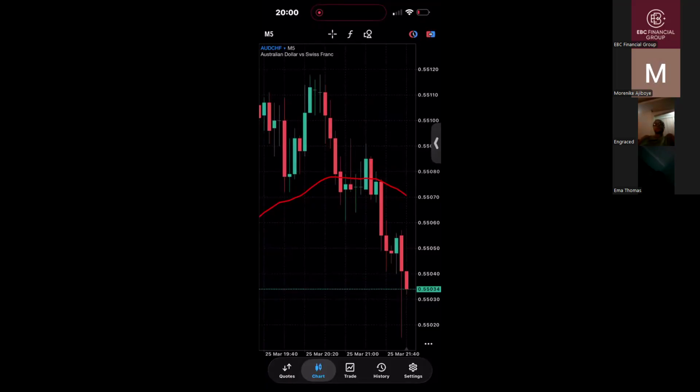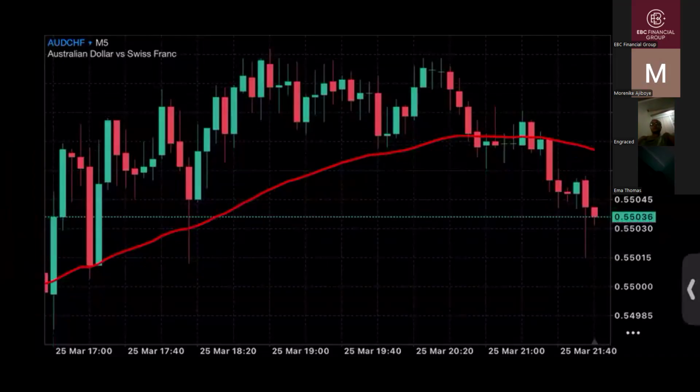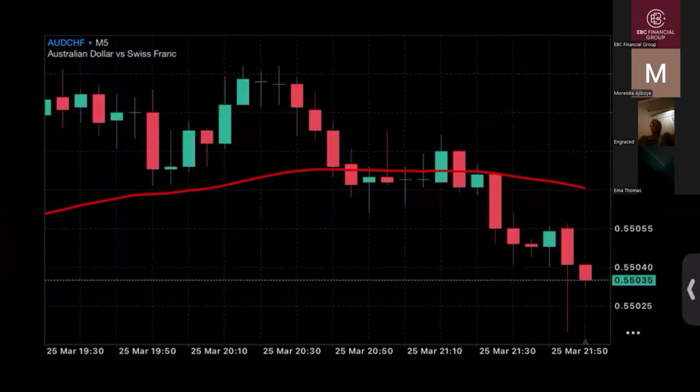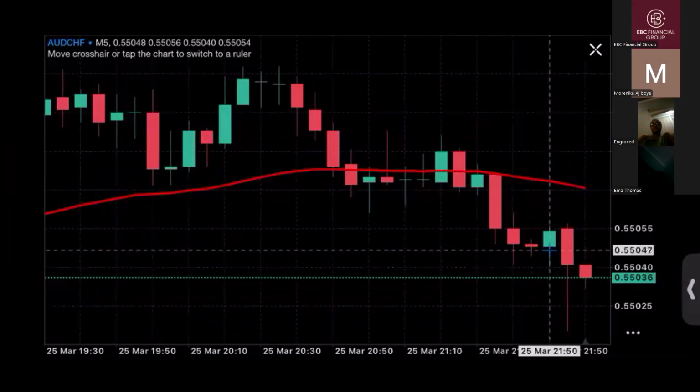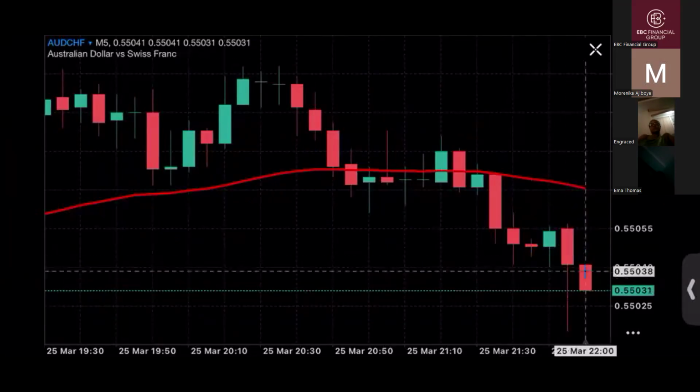How do I mean we missed it? Can you see the reason why I said we missed it? Let me show you. Just some few minutes ago, AUDJPY was trading down because it just broke the trend line to the downside, right? Now, look at this. This was when the market actually went up a little bit, before these two candles happened.